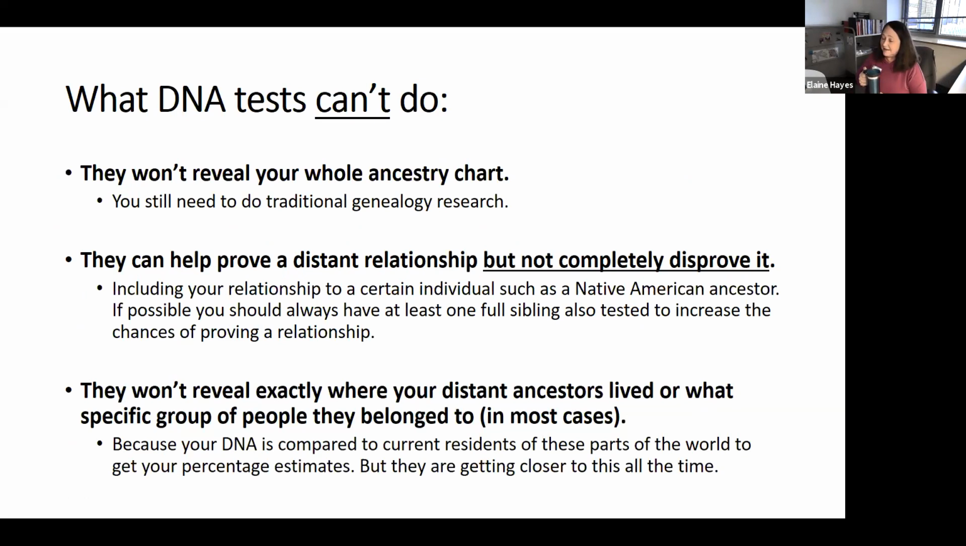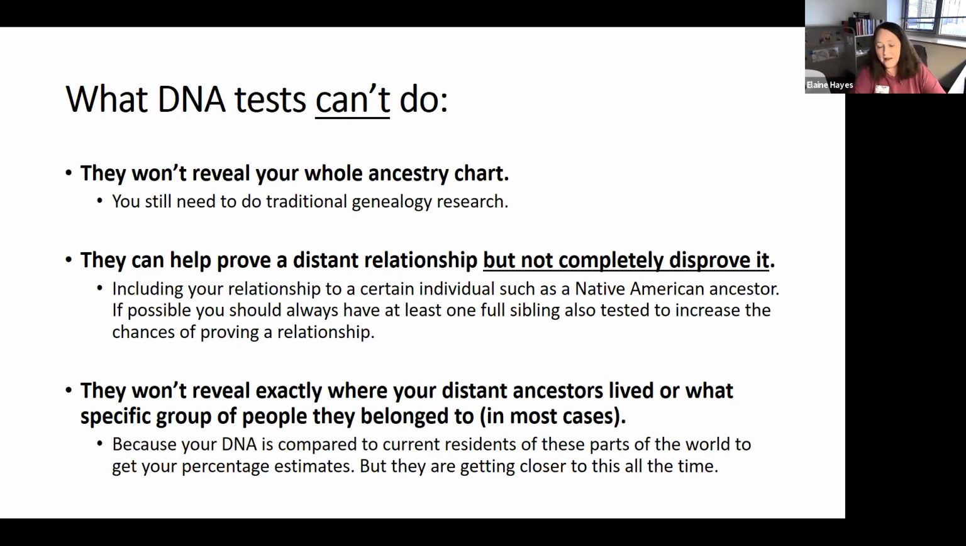The DNA test can't tell you your whole ancestry chart. They're not that magic. They can help prove a distant relationship, but not completely disprove it. And things like, am I related to a famous ancestor that's distantly related? There's a possibility anything that would prove that you're related to them has dropped out in one of the